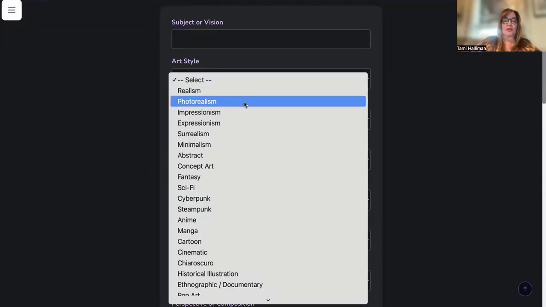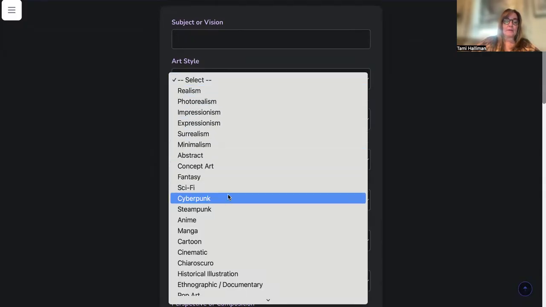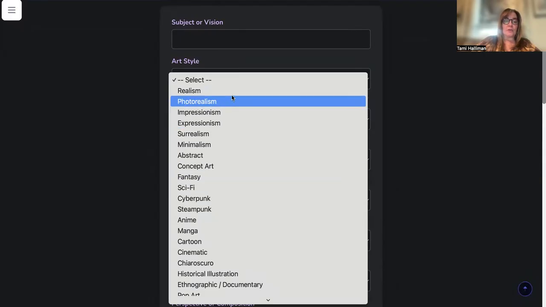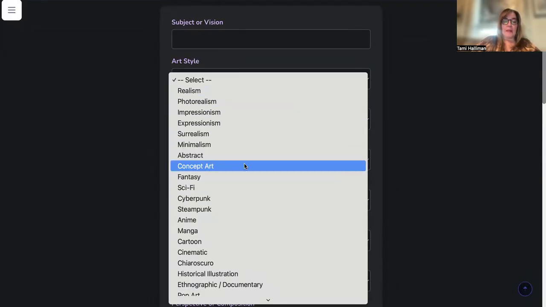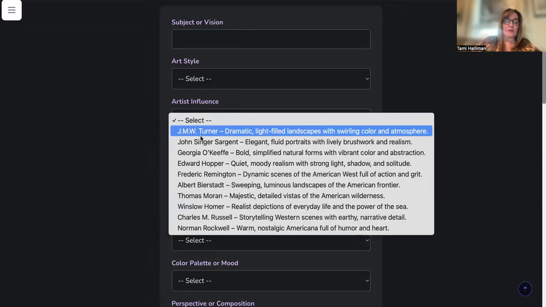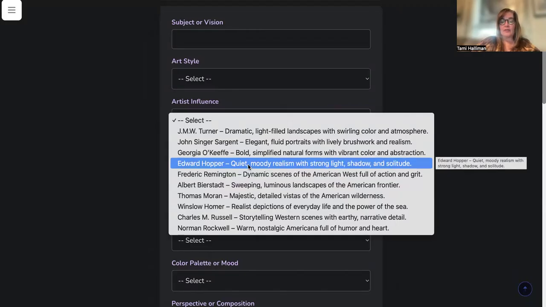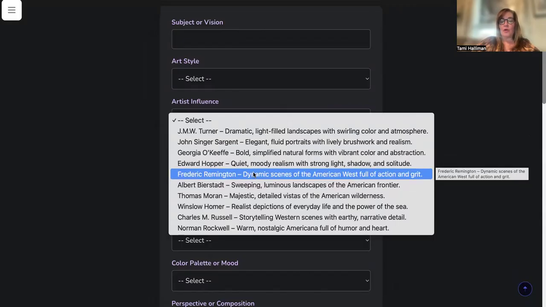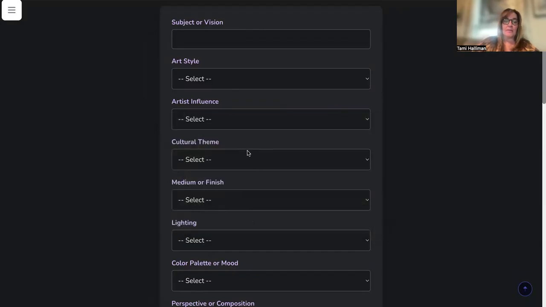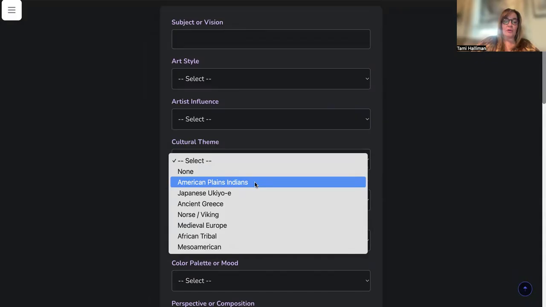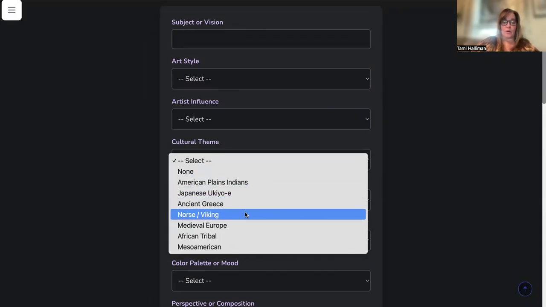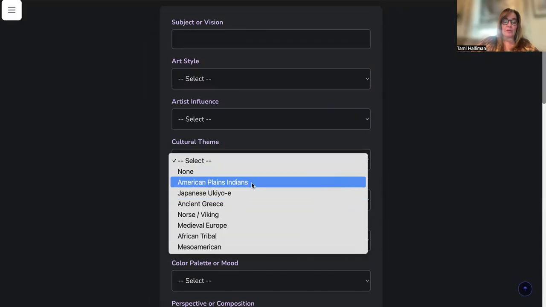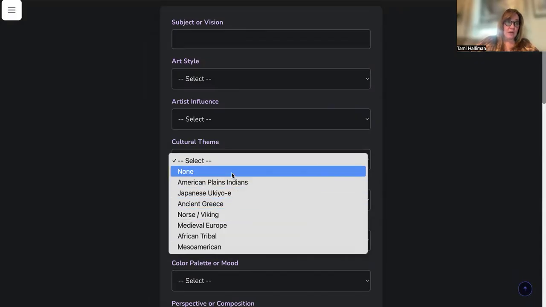Art style, I chose realism, I believe. And then art influence, you choose what artist you want. I chose J.M.W. Turner. It gives you a little bit of detail on what they use in their art. And if you want to combine two artist styles, I'll show you how to do that down below. Cultural themes. If you have a specific culture you're going to work with, definitely pick one of these. It will just help the prompt,